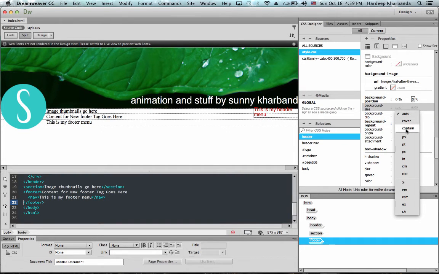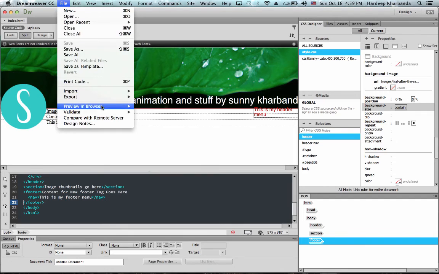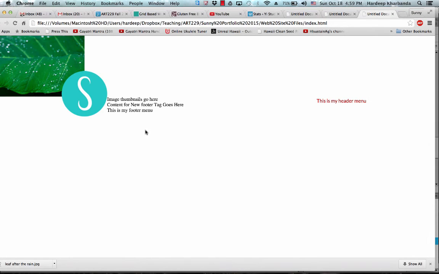And if I set my background to contain, then the entire background image is contained inside my header dimensions. And clearly this is not what I want. I want my image to stretch out and fill up my header.